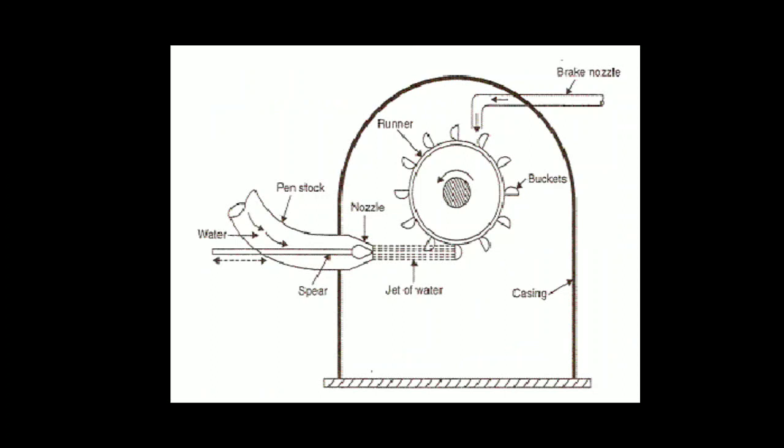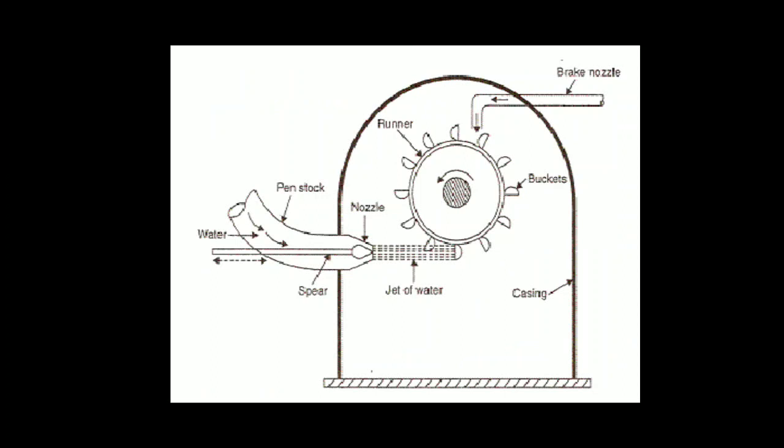You can see there is a special device called the spear. So, what is a spear? The spear is used to regulate the flow of water. If you want more flow, the spear can be adjusted to the back side, so that more opening or area is available and more water strikes the buckets. If you do not want that much flow, the spear has to be adjusted towards the right side, so the area will decrease and the flow is minimized. This is what happens in a Pelton wheel.